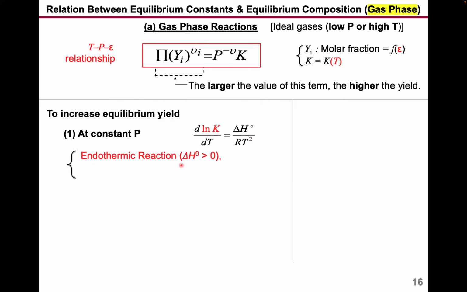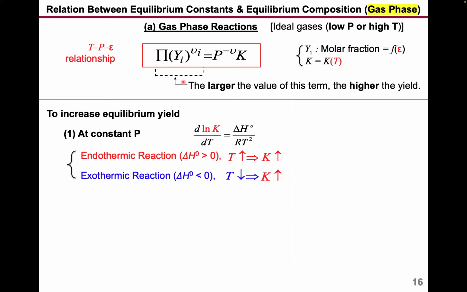So now for an endothermic reaction, like I mentioned, ΔH is going to be positive. So this whole thing is going to be positive. So in the end, when your temperature increases, your equilibrium constant is going to increase. And when your equilibrium constant increases, remember this doesn't change, so this whole thing will increase. And when this whole thing increases, basically you reach a higher equilibrium yield. So for an endothermic reaction, you want to run your reaction at a higher temperature to reach a higher equilibrium yield,